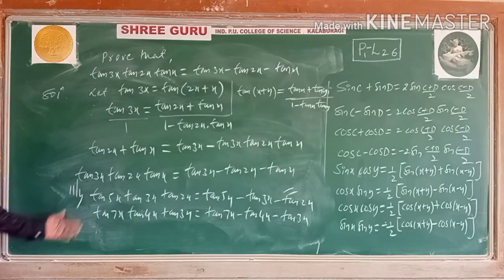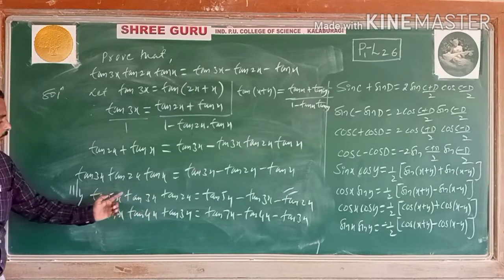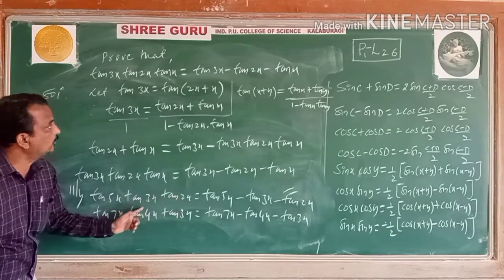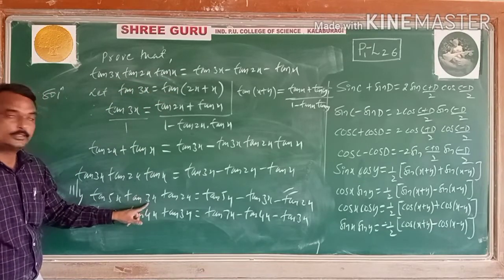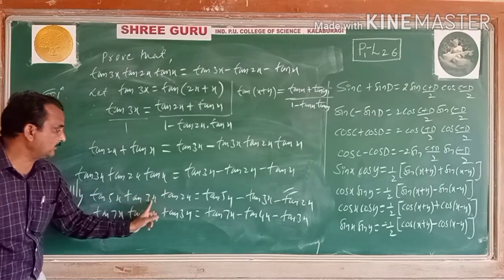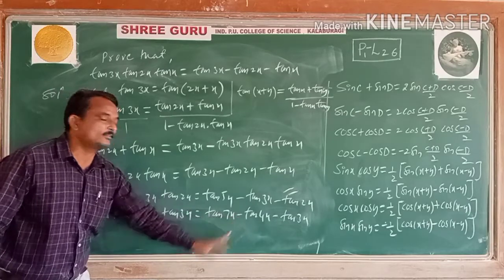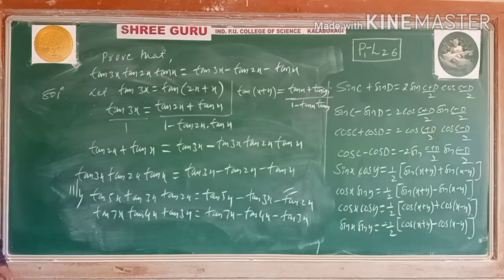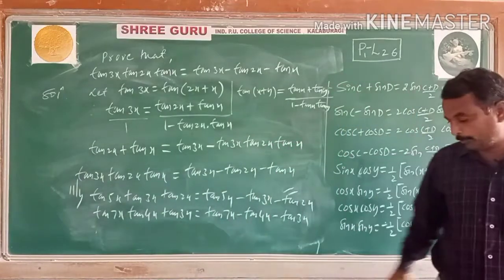Similarly, he may give like that also, the students. Same type. Here 5x, you have to write 5x in terms of 3x and 2x. Here 3x we have taken as 2x and x. Here 5x is taken as 3x and 2x. You may prove 7x can be taken as 4x and 3x, 4x plus 3x. You may prove like that also. So this is what the tan of. Similarly, you may prove like that.